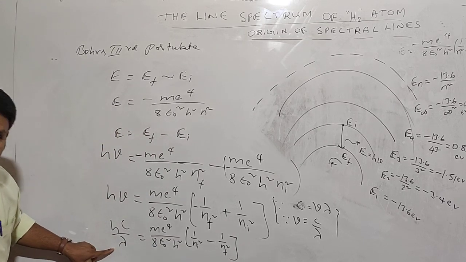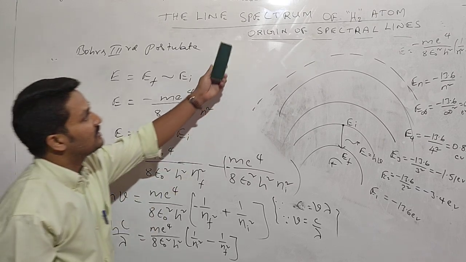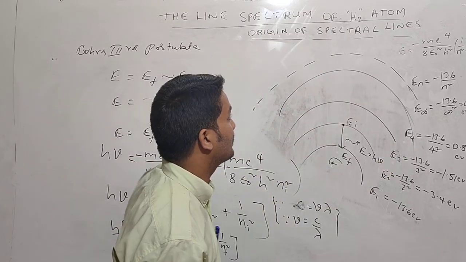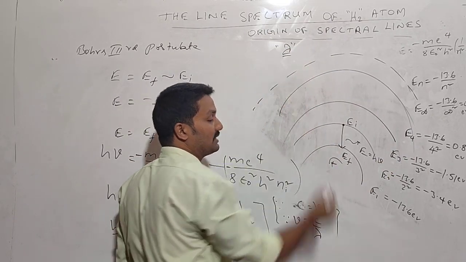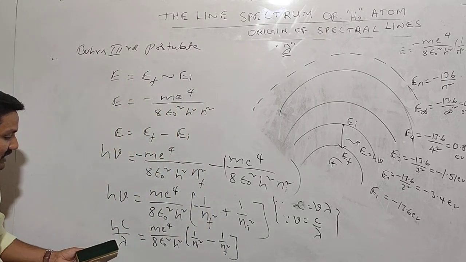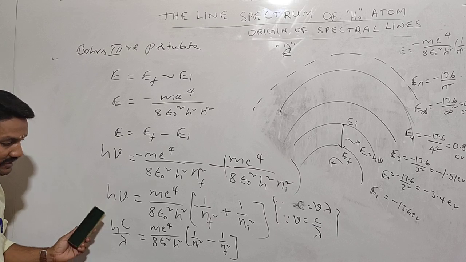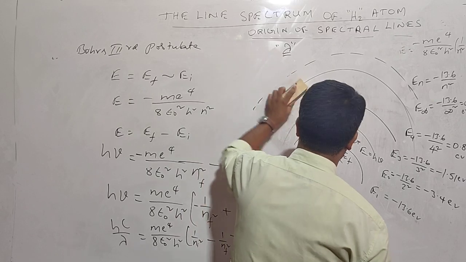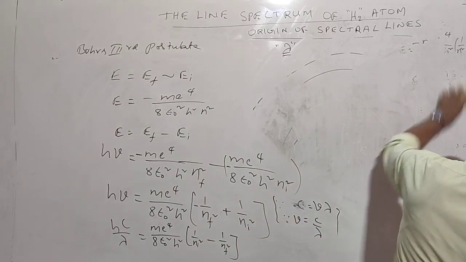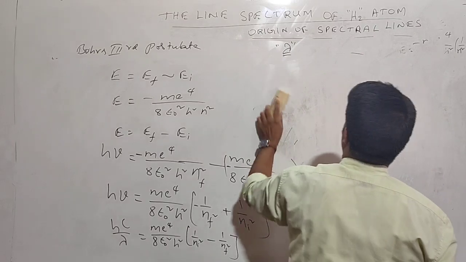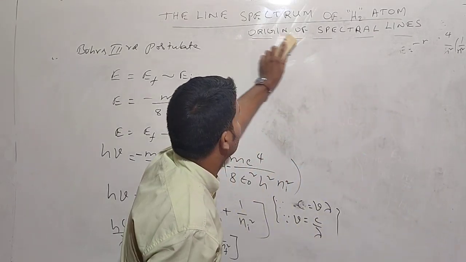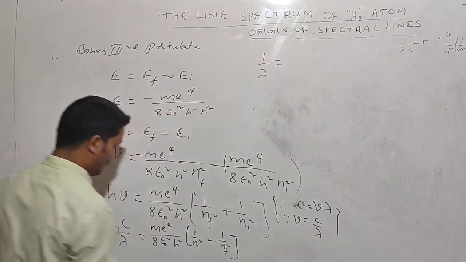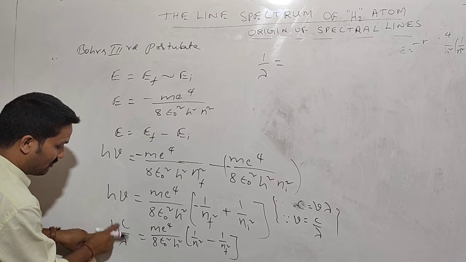From this I want the wavelength calculation. Why? Because for the spectral lines, how much wavelength each line has, that is what we are calculating. The lambda value we are calculating. That's why 1/λ is equal to h/c here in the numerator; on the other side it will be converted into the denominator. So 1/λ is equal to, here c by λ, that means 1/λ hc.